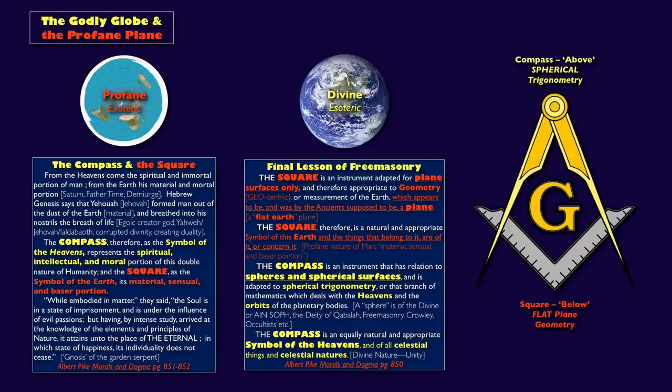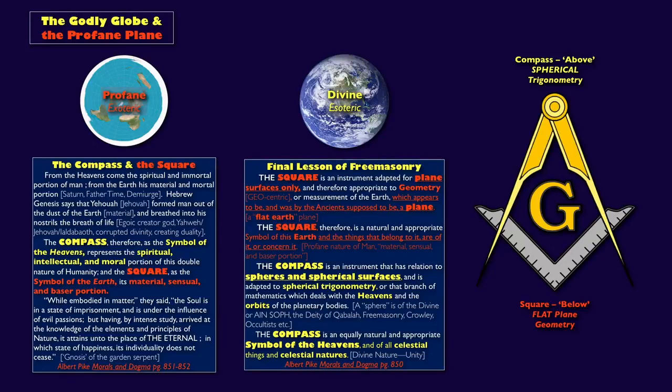So everything that has to do with the Saturnian lead, the demiurge, the dualistic creator god, anything of the earthly nature, anything centered around earth, the earthly ego, right? That is all profane and exoteric in esoteric philosophy, and they can all be amalgamated into one symbol, the square. So he says the square is a symbol of earth and all the things that belong to it. So we just read what those things were.